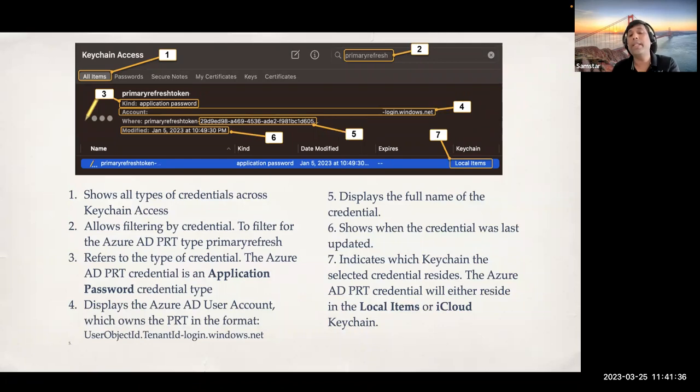So the PRT is valid for 15 days, and within those 15 days, whenever Microsoft authentication happens, the primary refresh token automatically refreshes itself. So you don't have to worry about refreshing the primary refresh token. It can take care of itself. More information on this is,